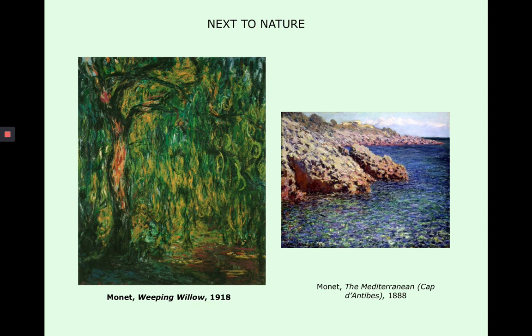But his son, Jean, his eldest son, died from an illness in 1914. He himself was experiencing or was diagnosed with cataract. So the realization that he was losing his eyesight, these things were weighing down upon him very heavily, and are expressed in a powerful way in this painting that could be connected with the expressionist mode of